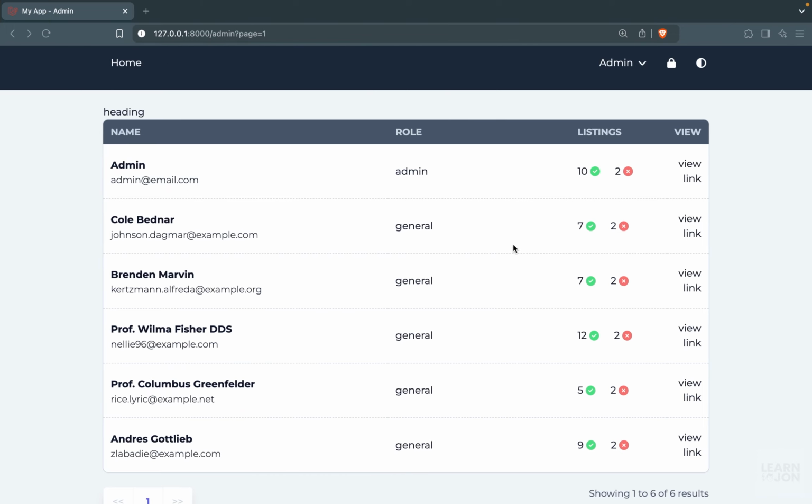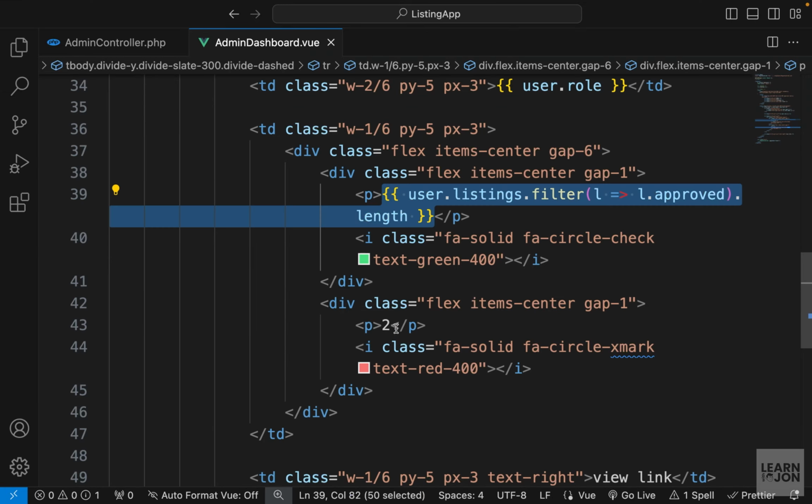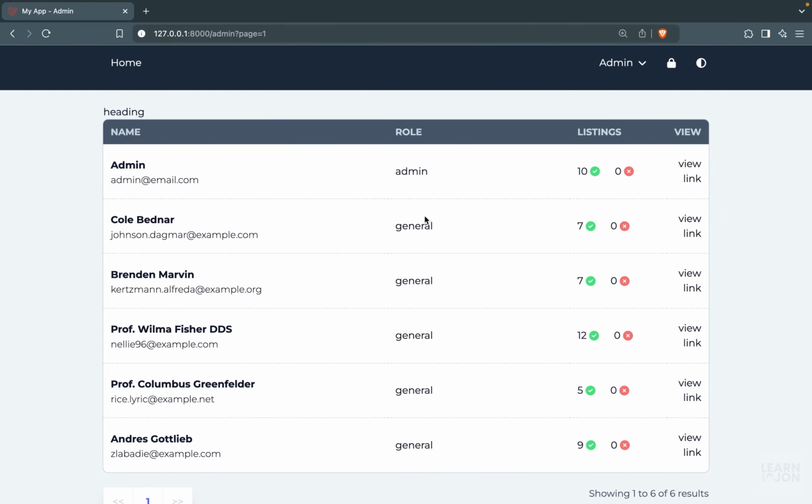So back to the website, at the moment, all the listings are approved and we can see the numbers right here. And we want to do the opposite for the disapproved listings. Let's just copy this statement and paste it down here. And we just want to negate this condition. So instead of saying listings are approved, we want to say not approved by adding an exclamation mark. And that's it. So back to the website, you can see all of them are 0